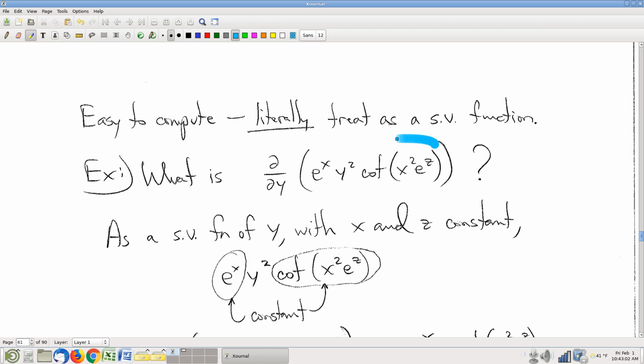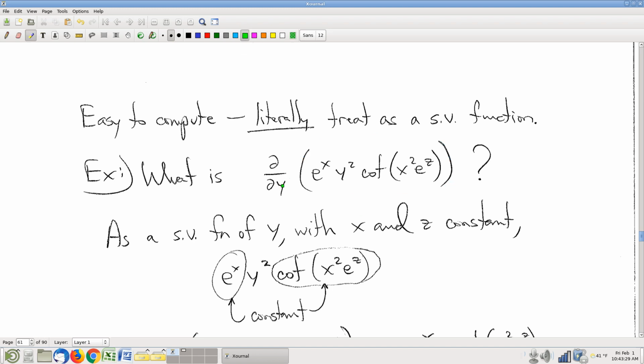Right now, here's again a seemingly scary-looking function. Wow, look at that! It's got cotangent. Oh my gosh, I always hated cotangents. But not even cotangent of a single thing. It's cotangent of a product that involves polynomials and exponentials. What a nightmarish-looking function! And then other factors. Yikes! Right. So, how would I take a partial derivative of this? Well,